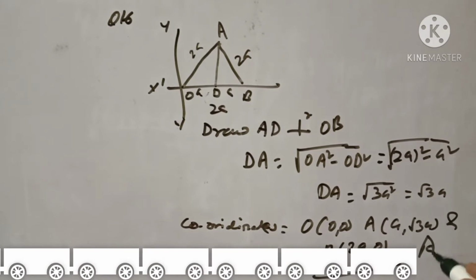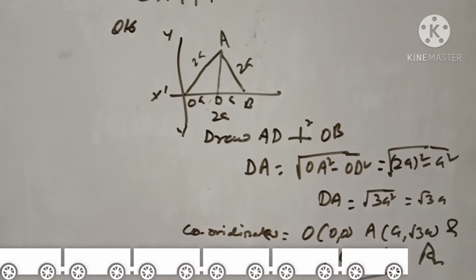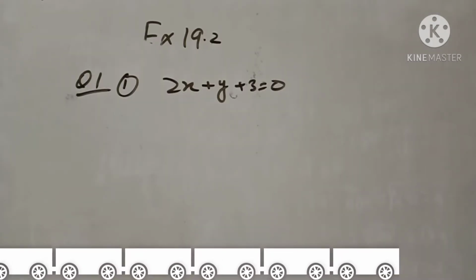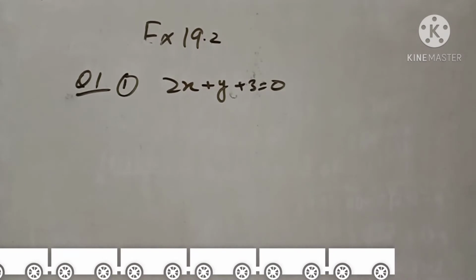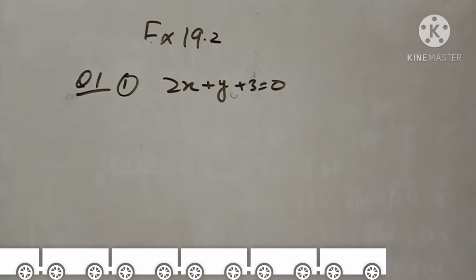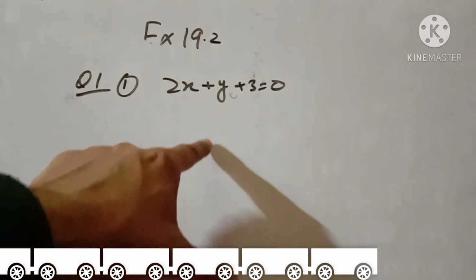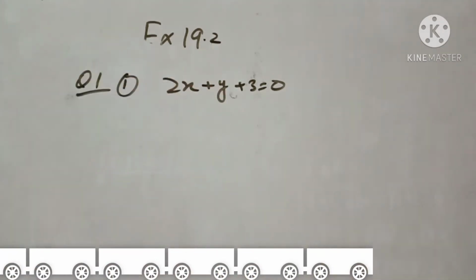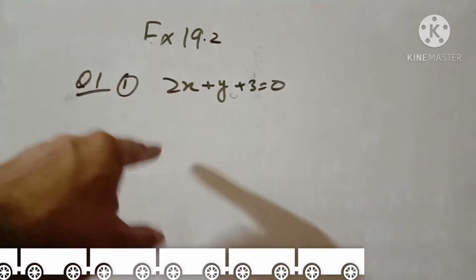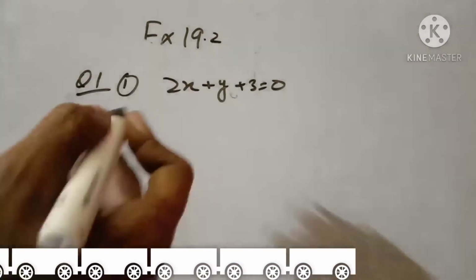Please write down. Now we have to move to exercise 19.2. Draw the graphs of the following given equations on the graph paper. So remember one thing, once again I'm telling you, I don't have any graph paper on the plain board. Maybe your figure will differ a little bit from mine, so whatever points are there, you plot them and you will definitely get your required answer.